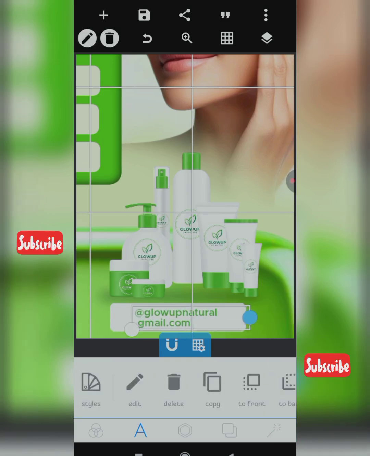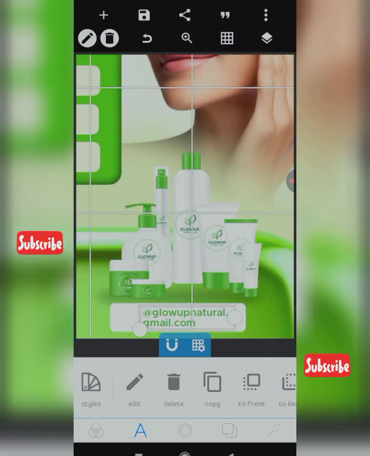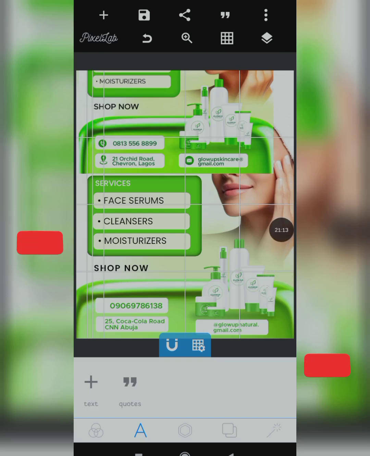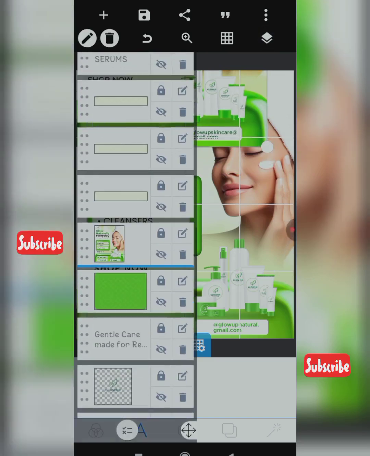Okay. Let's make it at this level. Alright, so let's import our, let me hide this. Let's import our,